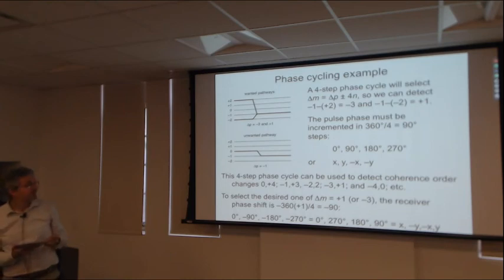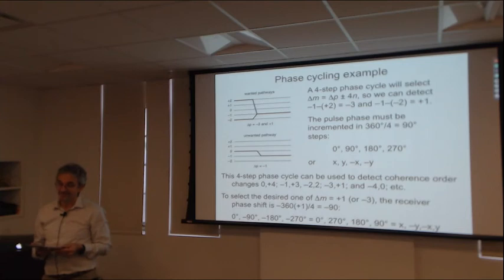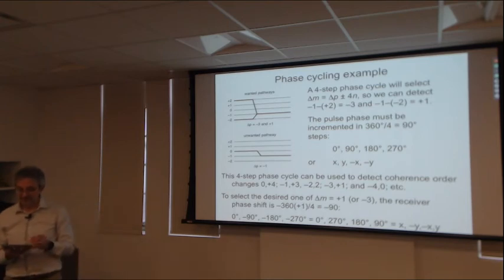And then one works that out for each pulse and then designs the phase cycle for the receiver to pick up the one you want. And as long as at each step the phase cycle on a given pulse or block of pulses is sufficient to select out only those coherence pathways that you want, at the end, you'll be done. You'll have the coherence pathway